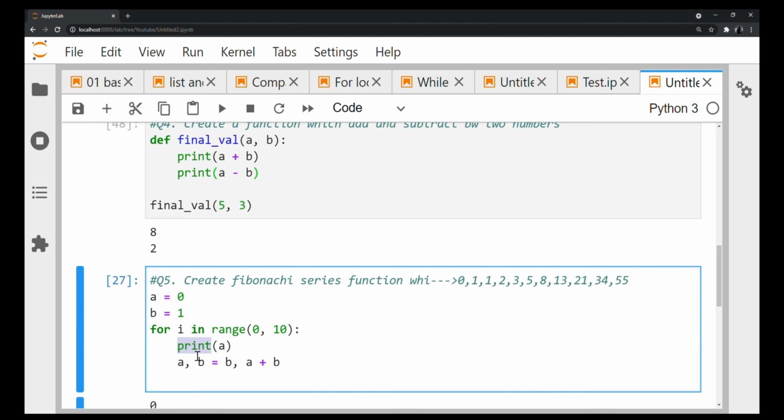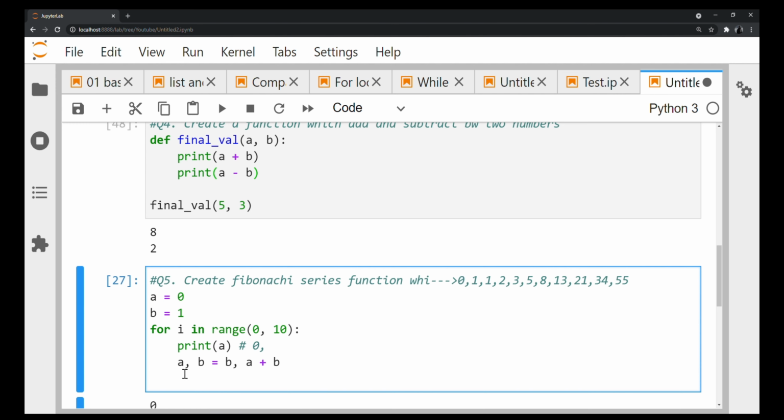Okay, now I'm saying just simply print A. Why am I saying simply print A here, right? Understand this, because I have already initiated 0. And what is my first Fibonacci number in the series? It's 0, right? So that's why I'm saying first print 0, then we'll go forward. Give me this value first. Okay, now I already got 0 here. It will print it out, right? It's the first number I got. This one I already got.